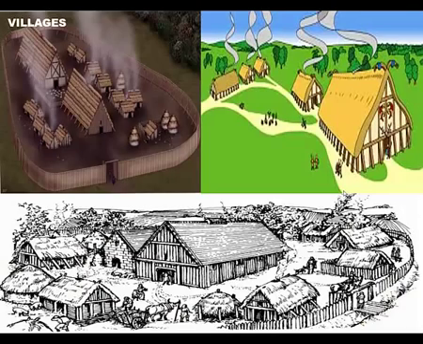Anglo-Saxon villages were usually very small. The largest villages had no more than a few hundred people living there. The villages were built near natural resources. The villagers needed food, water, fuel for heating and cooking, and materials for their homes and clothes. The natural resources had to provide the villagers with what they needed to survive.